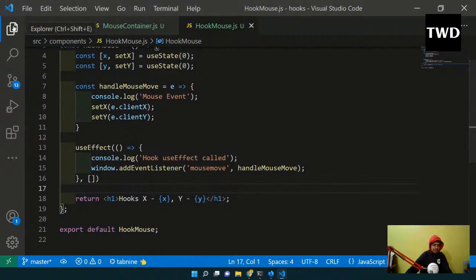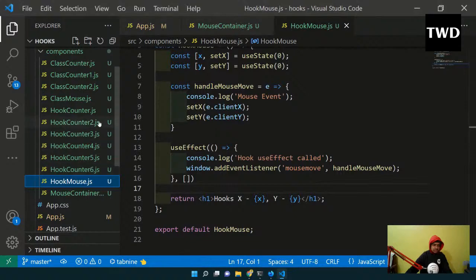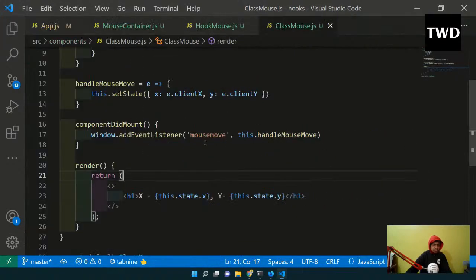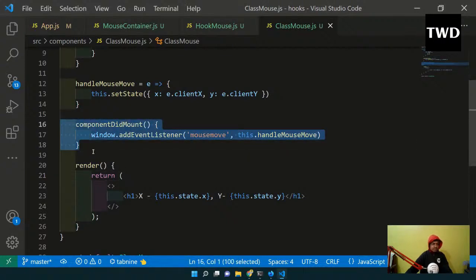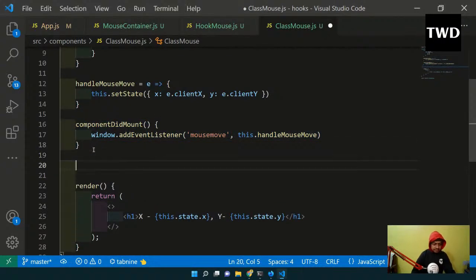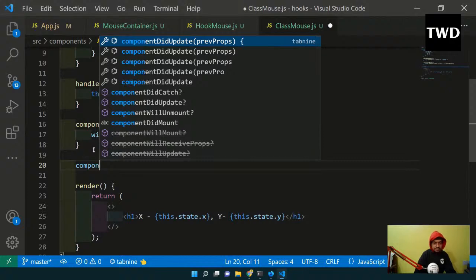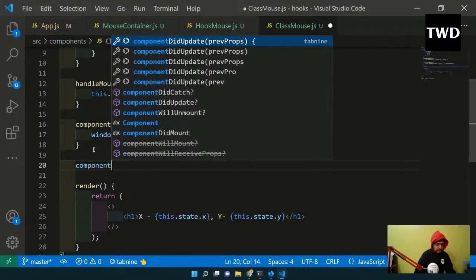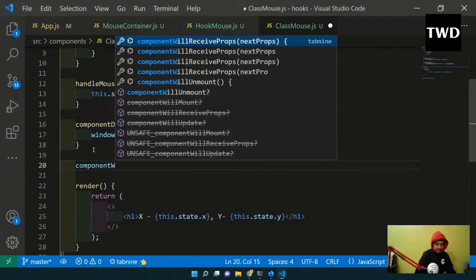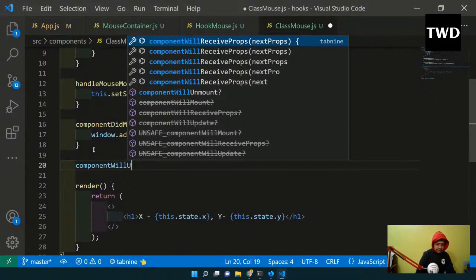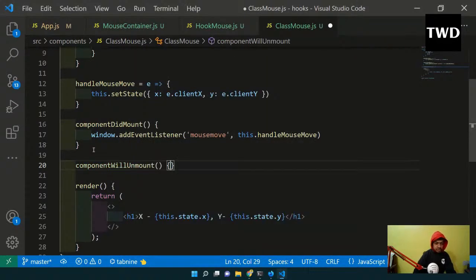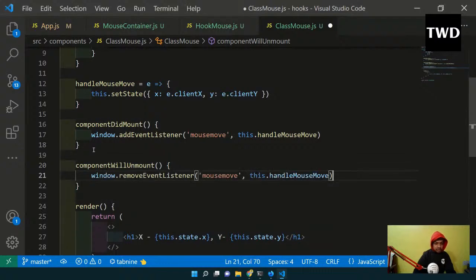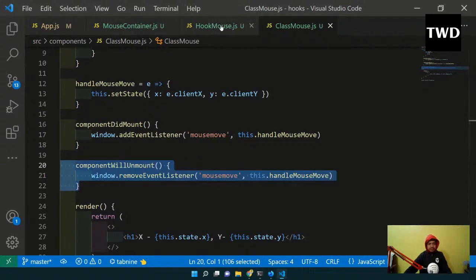In a class based thing, I will tell one thing. Okay, so where is my class mouse is here. Although I don't have a mouse container or something, in a class based thing, what happens, we have another lifecycle method known as component will unmount. Component will unmount is there, in a class based. And windows dot remove event listener we have to do like this. So windows dot remove event listener. Like this we have to do in a class based thing,